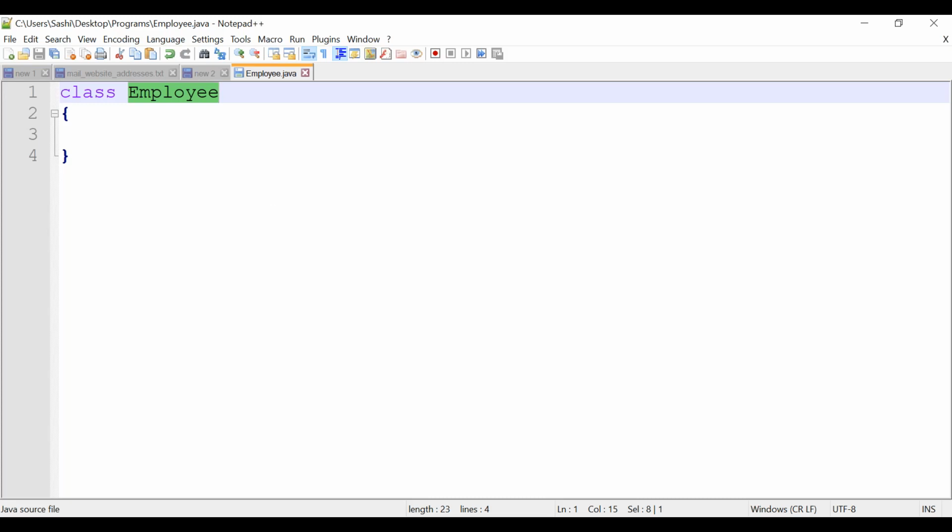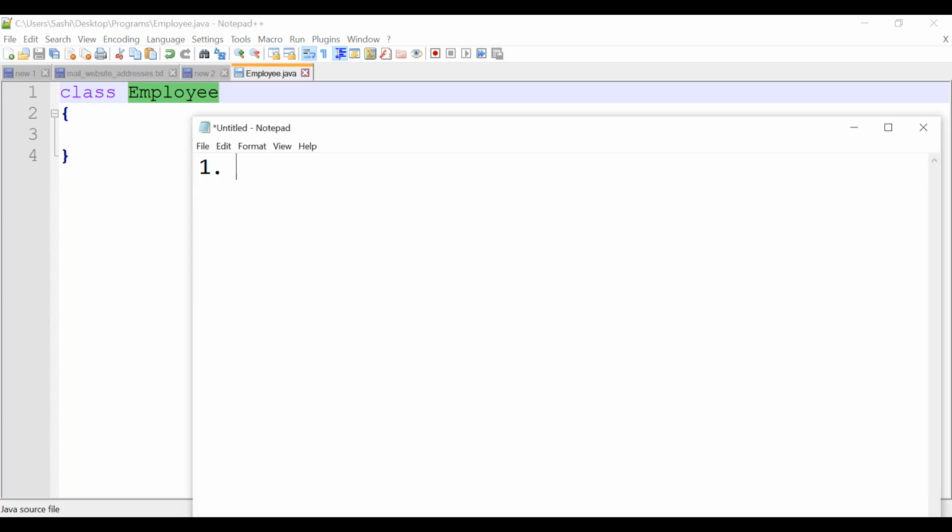A class can be a member of, or part of, a .java file. Here employee.java is one of the Java files. Inside the employee.java file, we have declared one class, correct?